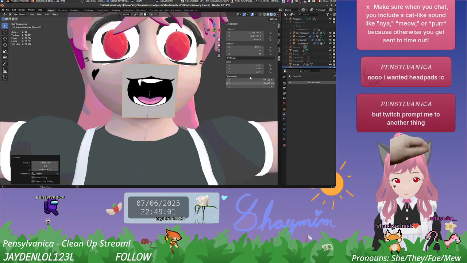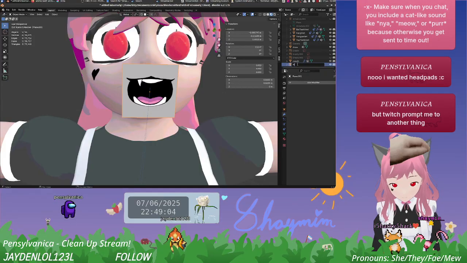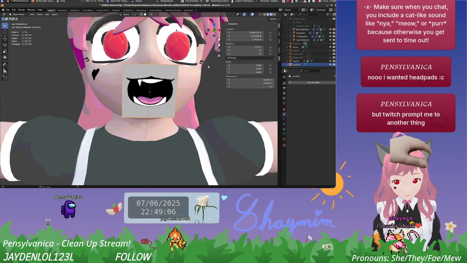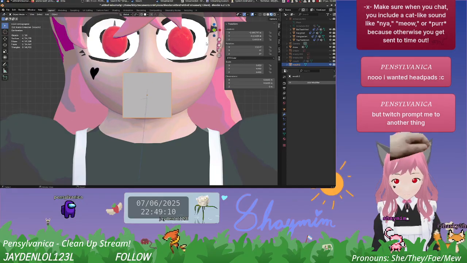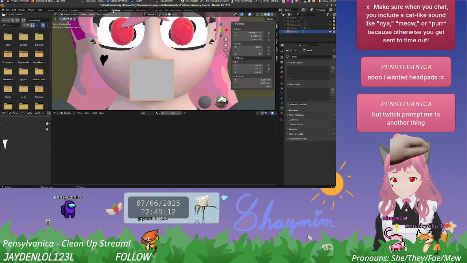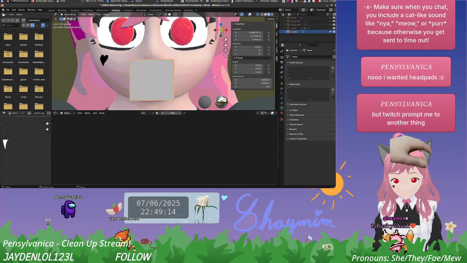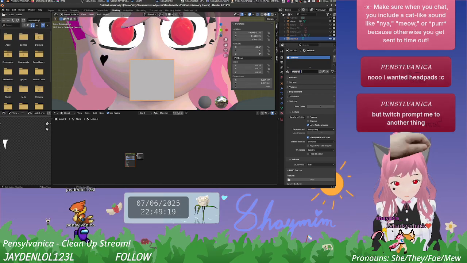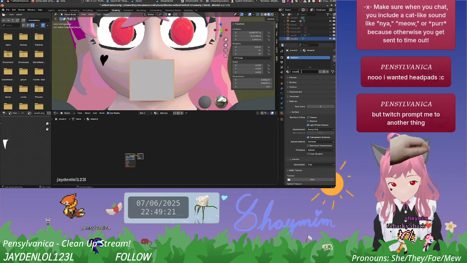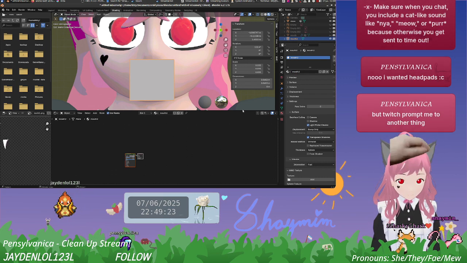Okay, that should be good. So we'll call this one mouth 2. Hide this. And then shading, if I give this one a new texture, a new material called mouth 2.